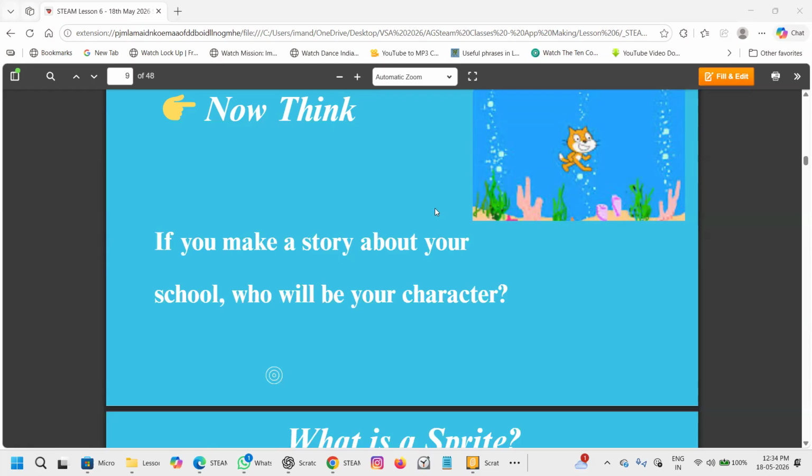Who else? I can also have benches as a character. I can also have the blackboard as a character. My friend and classmates, yes. Classrooms can be a character. The playground can also be a character. The science lab can be a character.